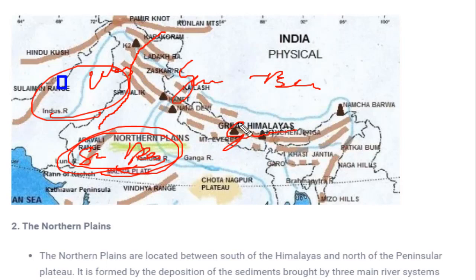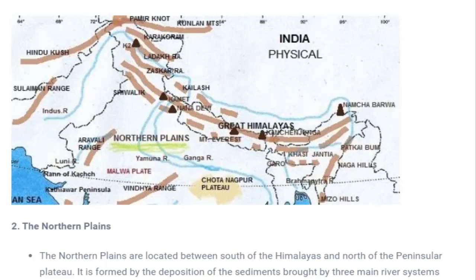The plain formed by the Ganga and Brahmaputra rivers is called the Ganga Brahmaputra plain. The significant point about this plain is that the riverside civilizations, which we know as Mohenjo-daro and Harappa, settled in these plains. Why did they settle in these plains? Because the Ganga and Brahmaputra plain were very fertile in nature, and agriculture, production of crops, was very easy in this area.